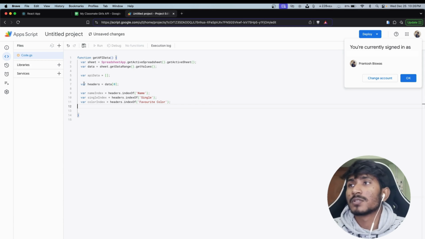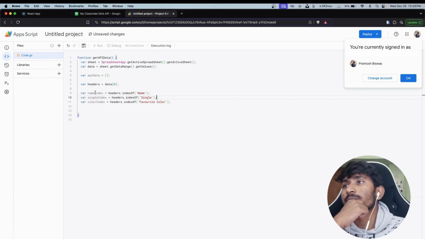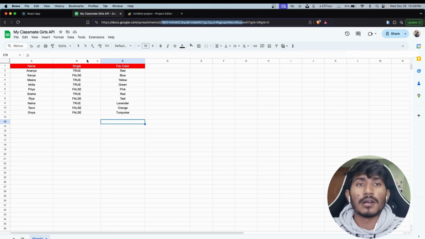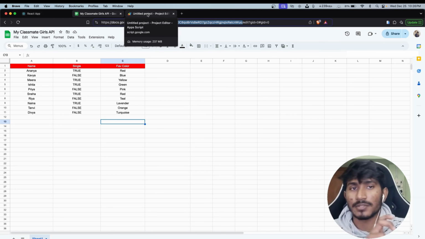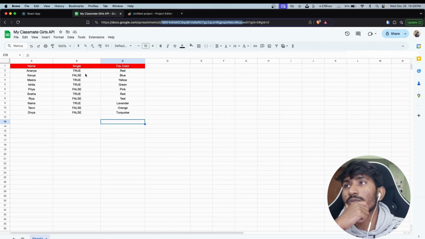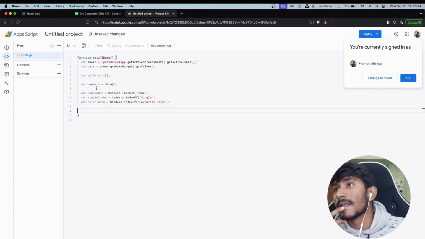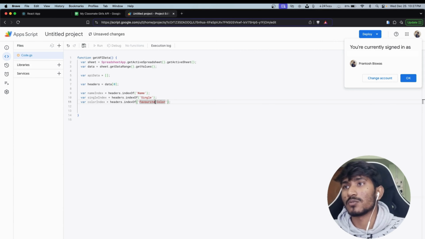So now we have this headers and the index. So what we will do is we are calling the headers, that is this, as this is in the first row. First row means like if you know about coding, if you know about programming, we use 0 as the first number, right? So this is the first row, that is this one, and then we are getting the index from that header. Now from these headers we are getting the index of name, single, and favorite color. Let me check the, okay, we are calling this Fab color, so we also need to call this Fab color. I hope everything else is good. Okay,